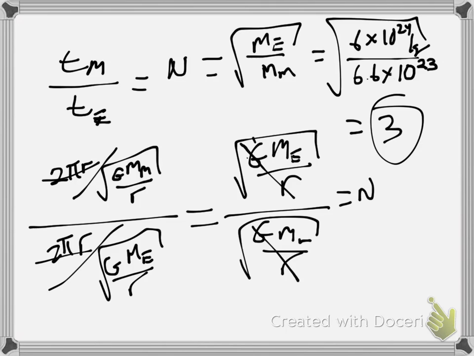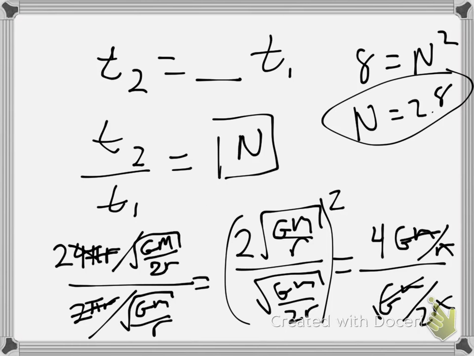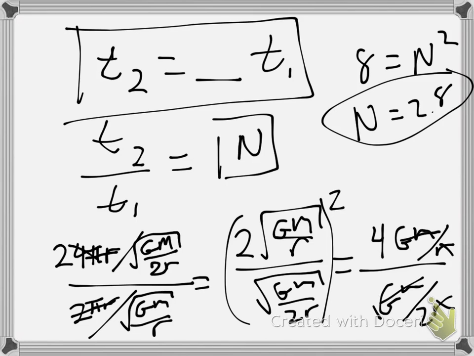There, how's that? Why did you solve for n in the last question? Why did I? Or when we were on B. Oh, because that's what they were asking for. See, because they asked, what do you multiply? Like, what multiplier, how much bigger is the second time than the first time? And so I interpret it as that: T2 is equal to blank times T1. And then I said, oh, well, look, this number n is T2 over T1, to create a simple math fraction there. Yes? So part C, it was asking if the satellite, if the